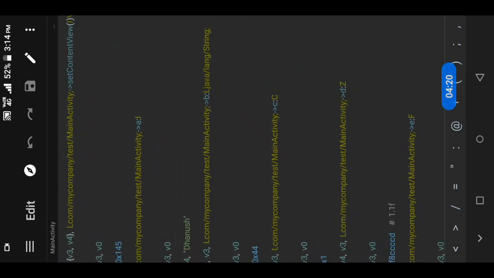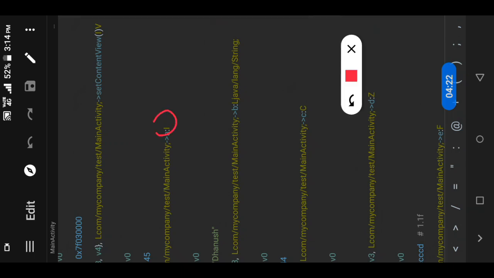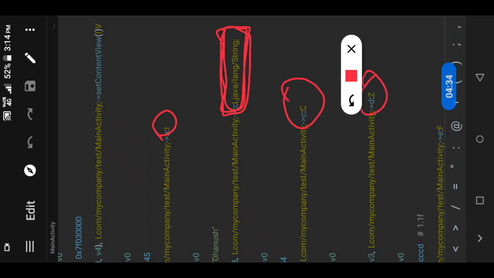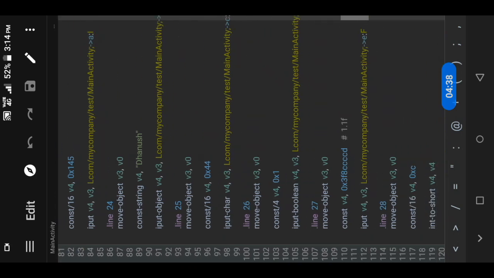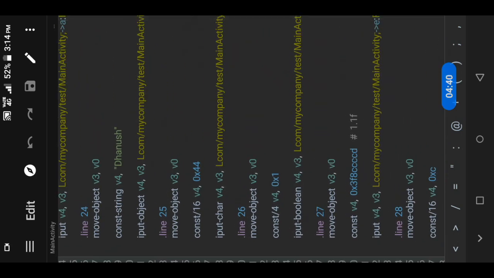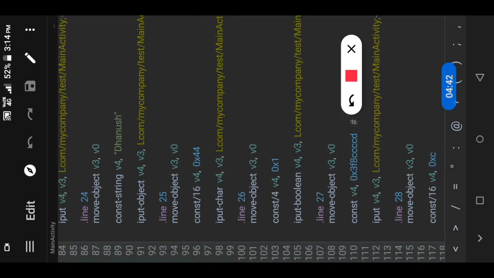Also you can observe at the end that for every type we have type descriptors: for integer I, and here Java string. Because it is an object, it comes with a package name like this, and here C for character, Z for boolean, F for float, in this way. Next for boolean we have input boolean.